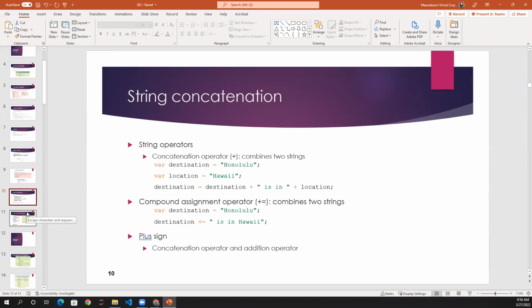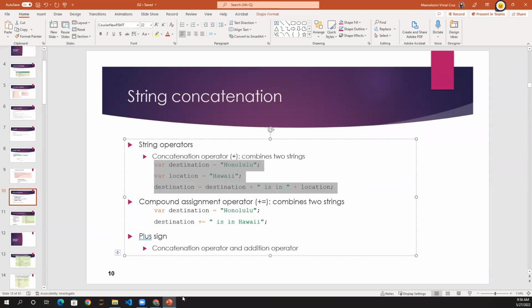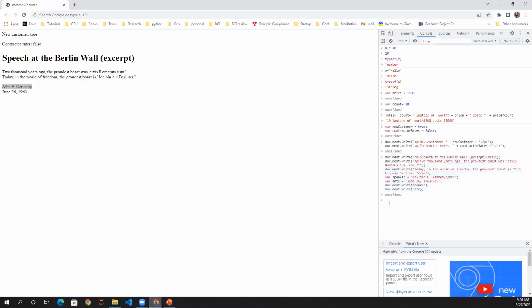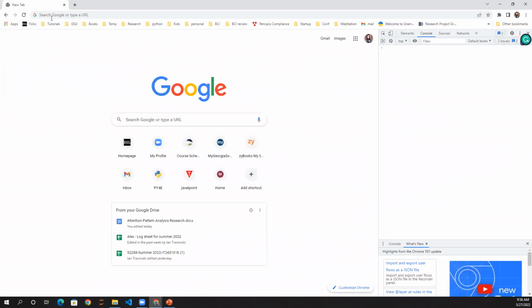The next thing that you're going to learn is string concatenation. String concatenation is nothing but combining different data types together. Let me explain it with an example. Here I have a string variable called Honolulu, and location, another variable that is also a string. And here I'm just combining this string variable along with this. So this is called string concatenation. When I print it,